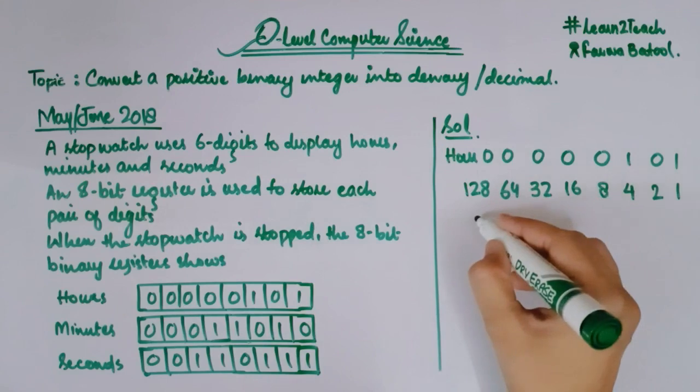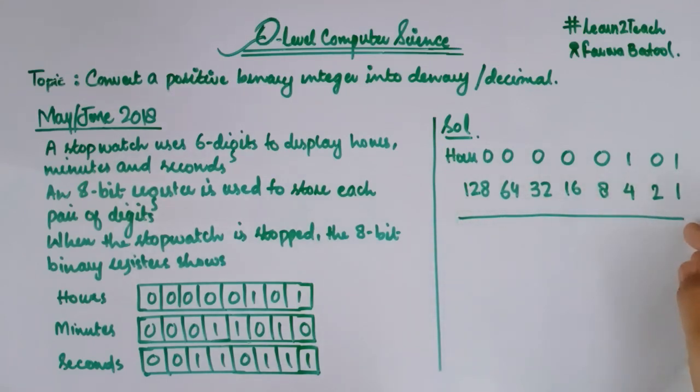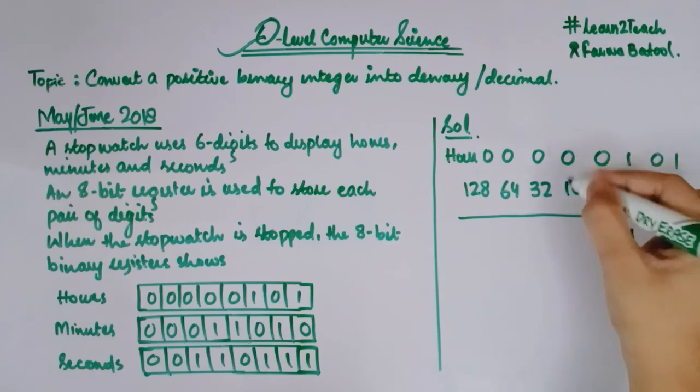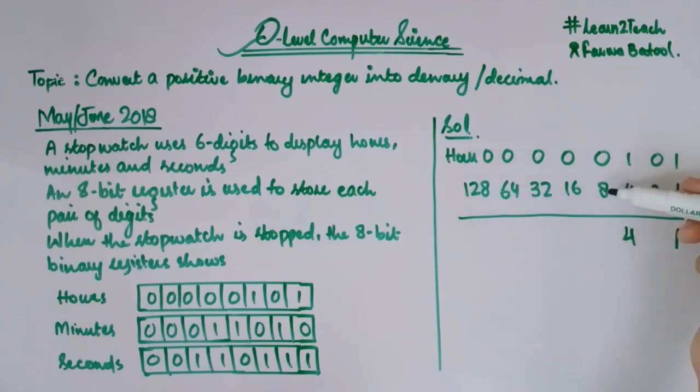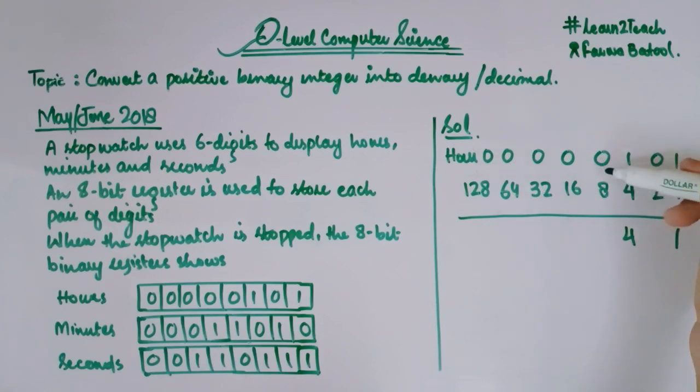Now what I need to do over here, I am going to write those values of powers that has a 1 above that, right? So this is my 1 and this is my 1, right? So I'm going to write 1 over here and this 4 over here, and the remaining powers are having 0. So when we multiply these with this 0 bit, they are going to be cancelled out or going to be 0. So no need to write it out over here.